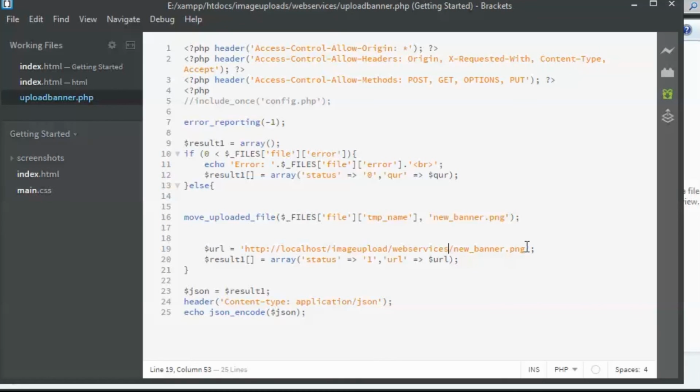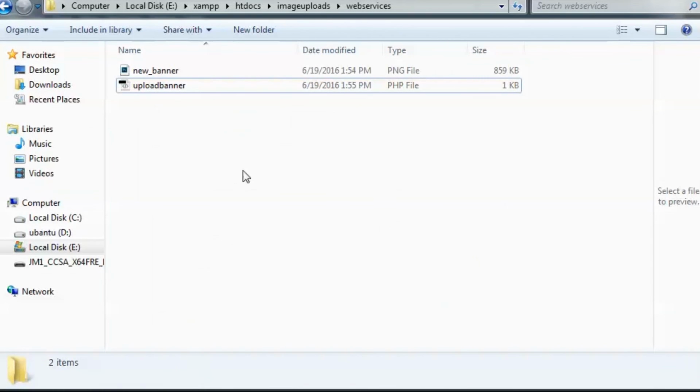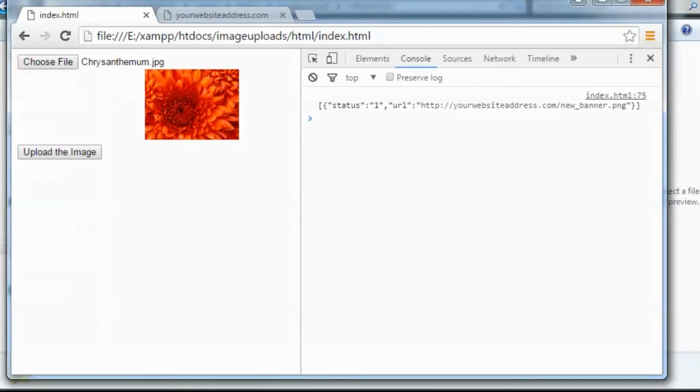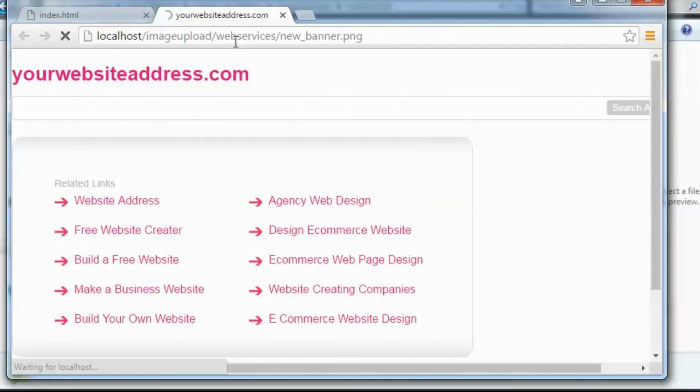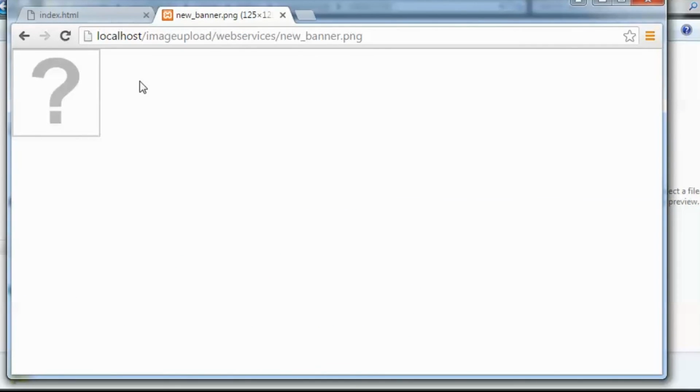Okay, so I hope this is the correct URL. We'll go to Chrome and try opening the image. It seems that there is some mistake, maybe in the spelling or somewhere, but we will check it out.